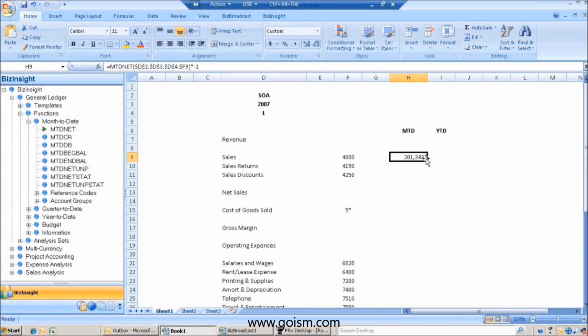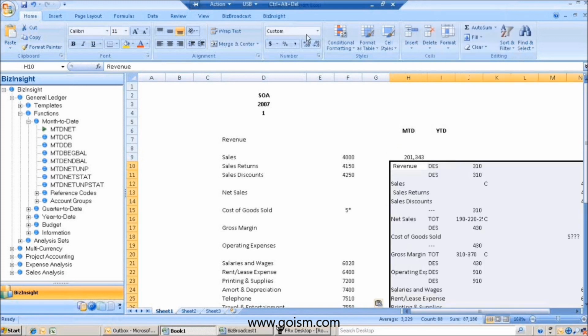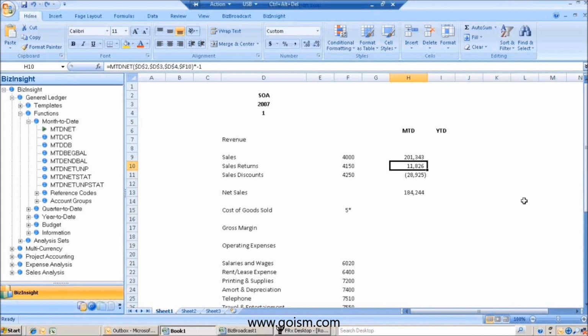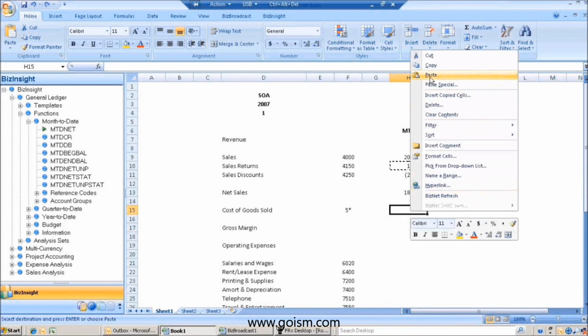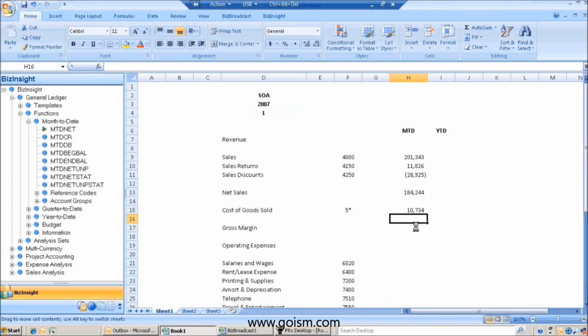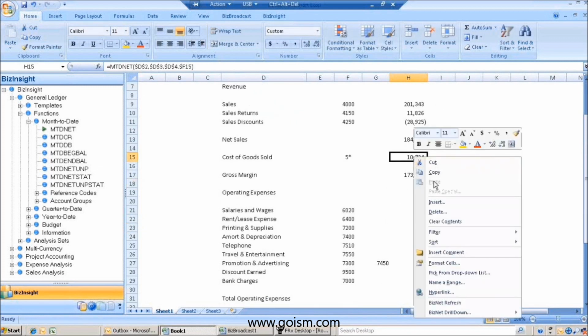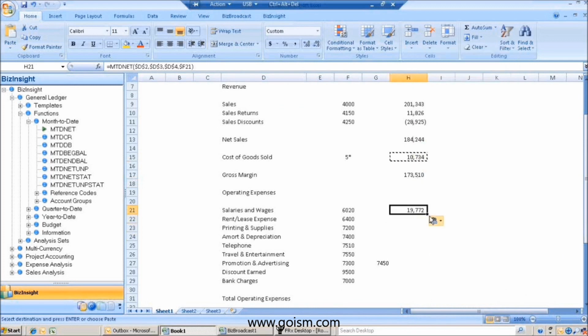And now we're just going to drag and drop and copy and paste this function. And again, I can use a sum function for my net sales and just copy and paste this function down. So we'll go through, oops. The nice thing about Excel is I can do undo, which I really like. I use it a lot. We'll copy and paste. We'll take the sign reversal off here. And now we've got a gross margin, which is just an Excel formula. So I'm going to, again, take my net sales, do my minus cost of goods, and again, we'll copy and paste the function down to expense account, drag it down,